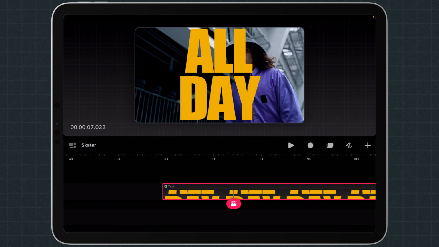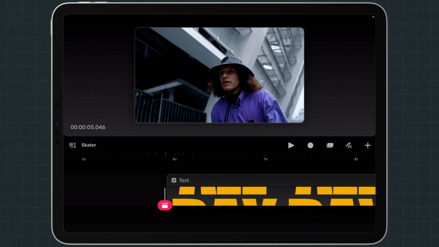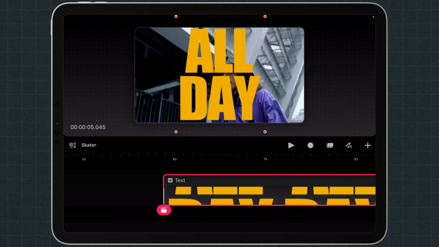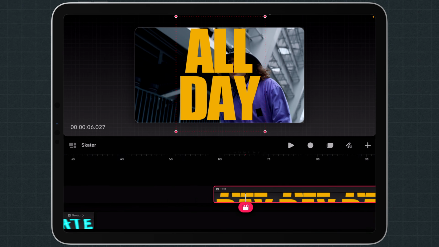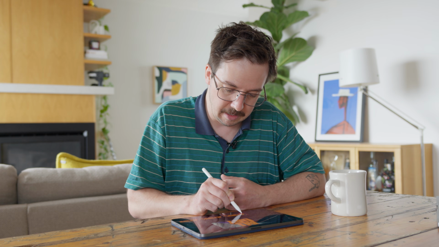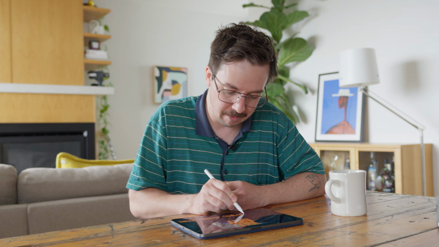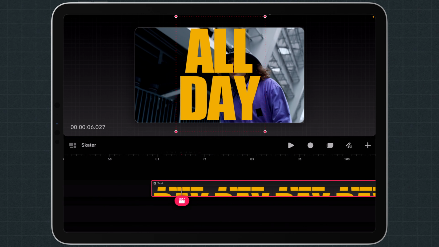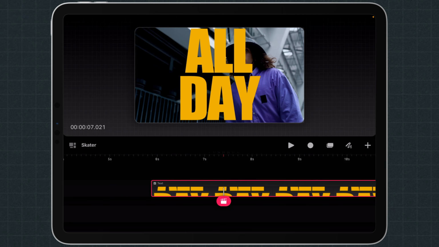And we want to trim it. So we want to make sure that it's on the exact right frame that we are on. So I'm just going to zoom in all the way here. I do feel like we are lacking some fine control in terms of the editing part of the timeline, but it's okay. We can make it work here. So that's the first frame. And then we'll find our last frame, which is that one there.